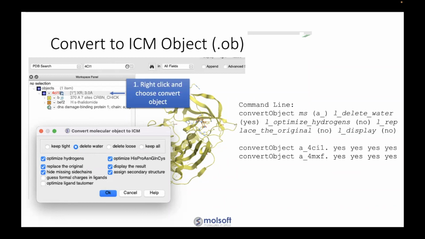And then there are some options to evaluate the orientation of some of the side chains. So for example, for histidine, it samples the 3 protonation states of histidine and the 2 rotations of histidine. It does the 180-degree flip of asparagines and glutamines in the pocket. And there's also an option to